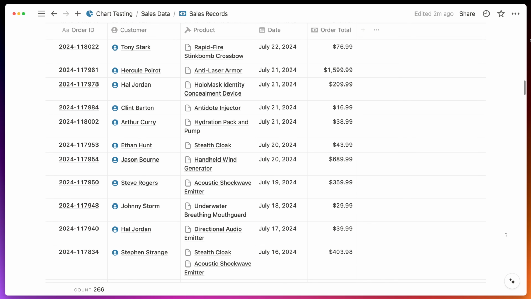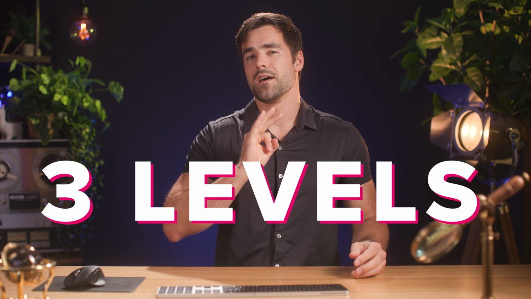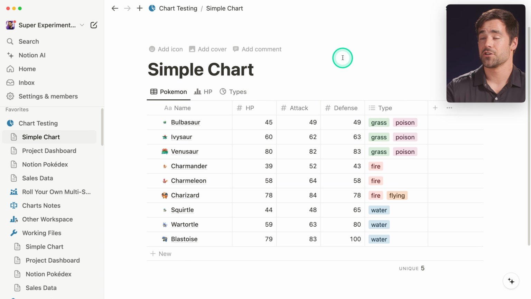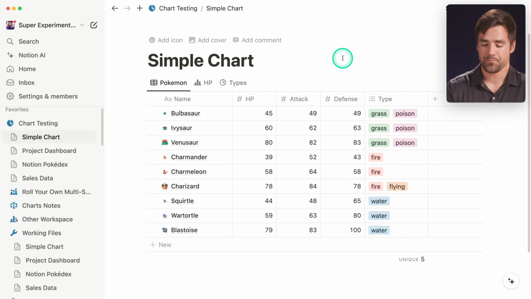We have a whole bunch of customers and products attached to those records, and using those data sets, which I have made public in the description down below, we are going to create some charts at 3 different levels of complexity. So let's dive right in. We're going to start with a very, very simple chart, and that's going to show you how to actually create your first chart. So here we're on this page called Simple Chart, and as you can see,